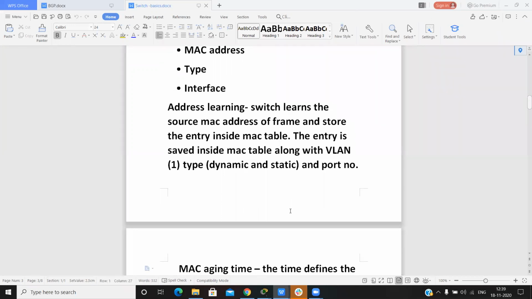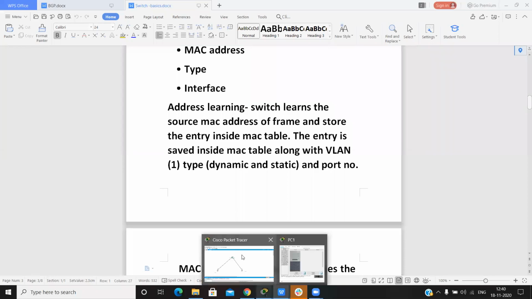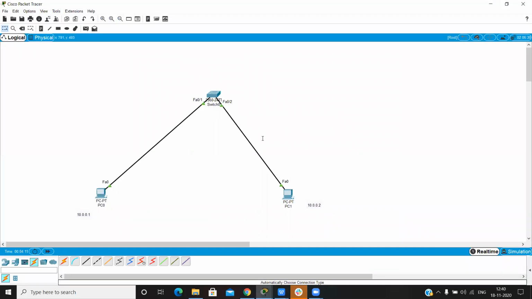Address learning: when a switch receives any frame, firstly it learns the source MAC address and makes an entry inside the MAC table, and then sends the data to the other device. We have two PCs and one switch.